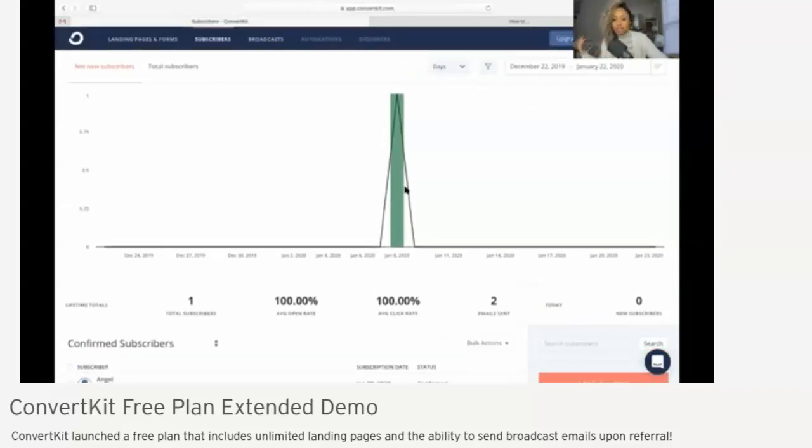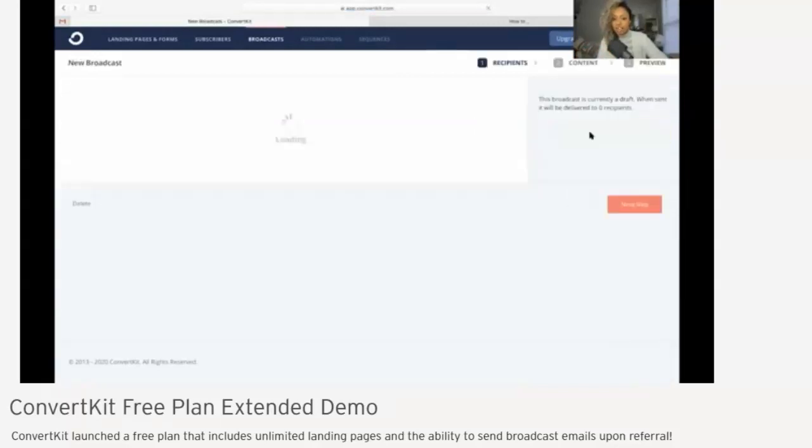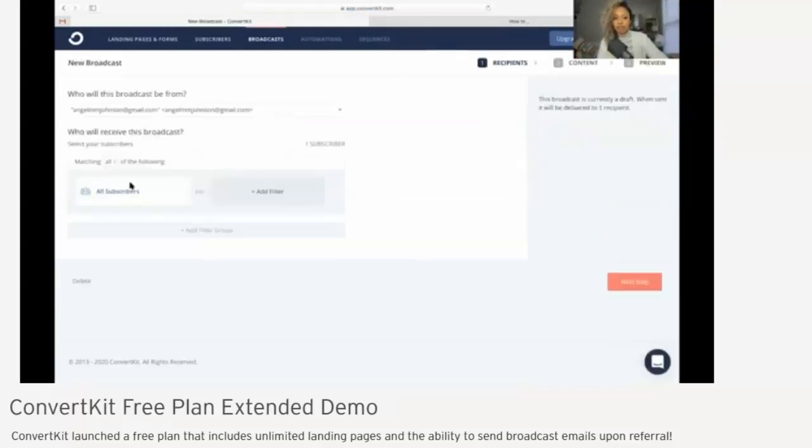I can track who is unsubscribing, all of that good stuff. And then, of course, when you go to broadcasts, this allows you to send an actual email to your email list, to people that signed up to your landing page. Whatever group of people that you're wanting to email that are a part of your list, you can do that within broadcast. You would just head over here to new broadcast, and then from there, you'll filter if you want